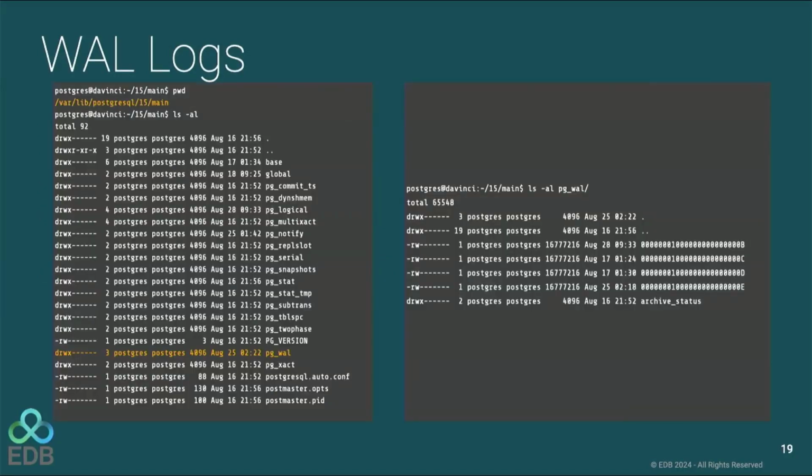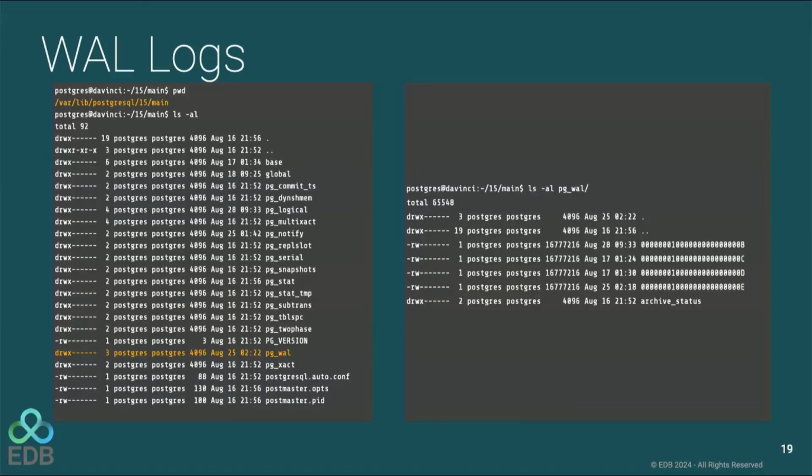Now, just giving you a quick screenshot to see what it looks like. There's a folder called pg_wal under the PG data folder. The top yellow line is the PG data folder. If you look at it, there's a pg_wal folder. Inside the pg_wal folder is a bunch of files with a bunch of zeros, numbers, and letters, and those are the WAL files. These are the files that we don't want to touch.